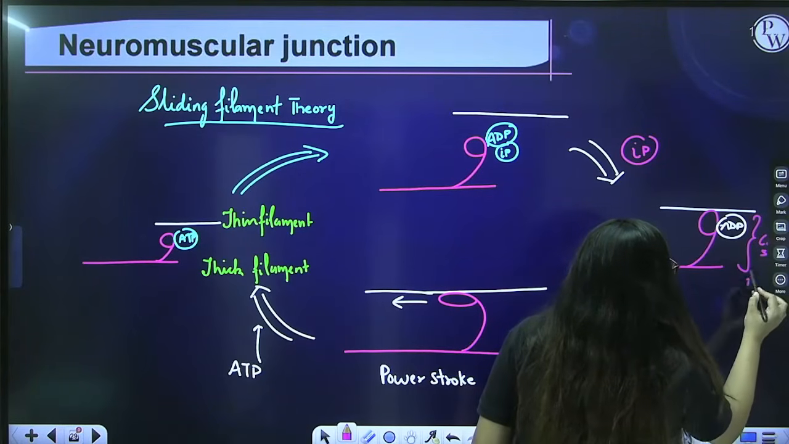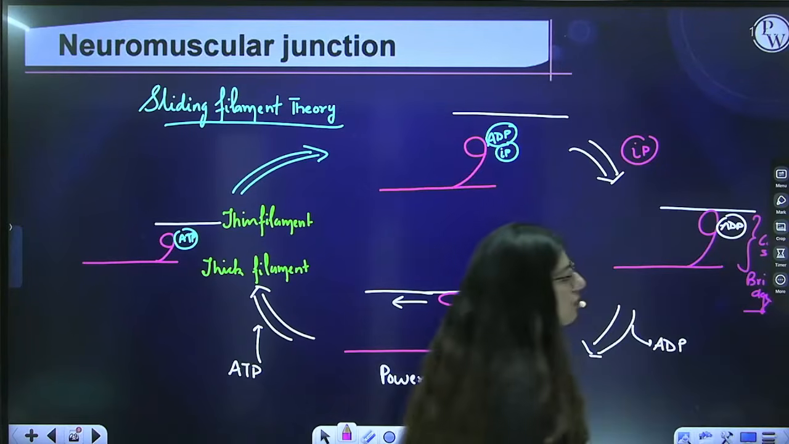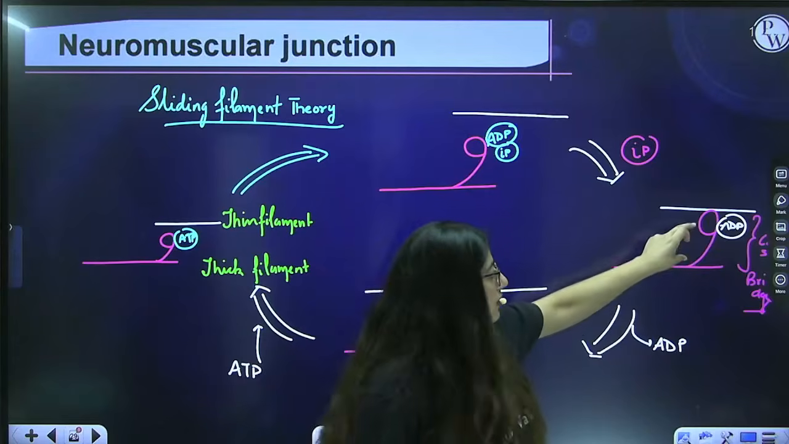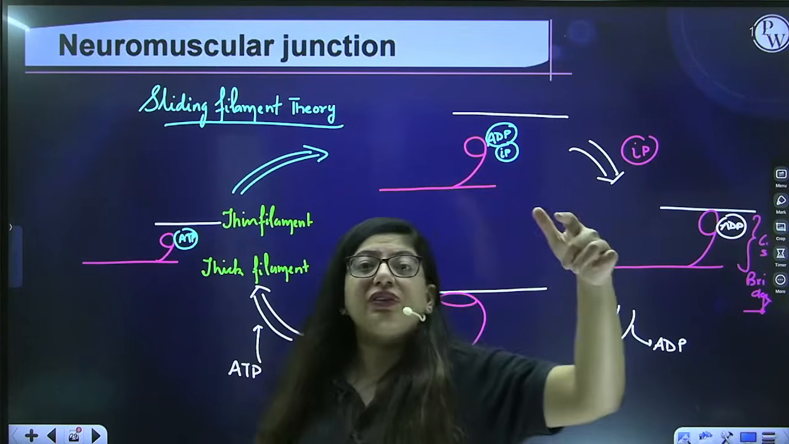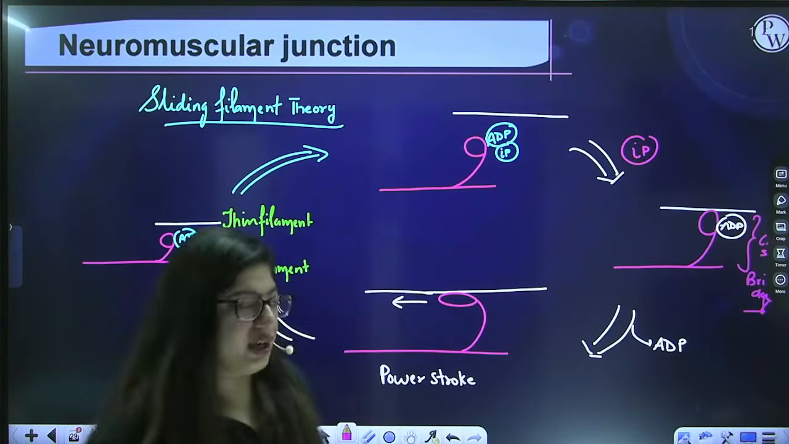How is a cross bridge different from the cross arm? This portion which is projected outward is the cross arm. When the cross arm binds to the thin filament, you call it a cross bridge. So it's a bridge between thick and thin. Okay. Now,